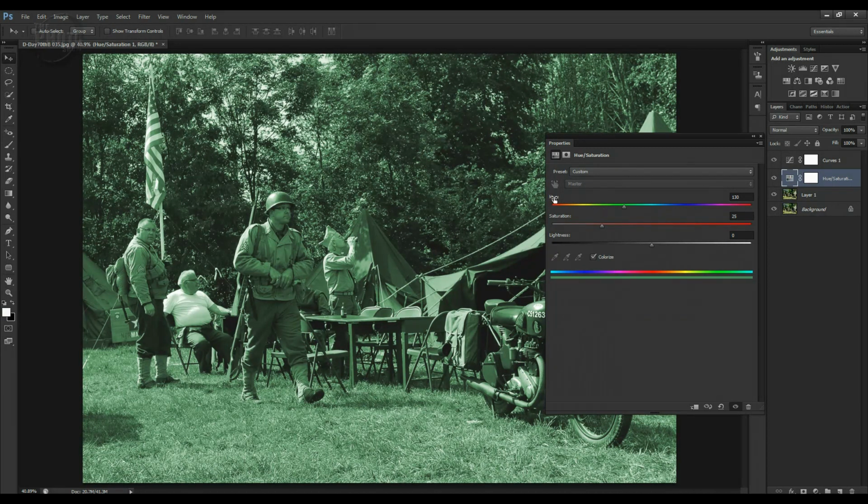We can now adjust that and start moving it along, and as you can see, we're going through a bluer range there. And as we get to that end, I think we're better off down the other end actually. Let's go back down the other end. Around here,